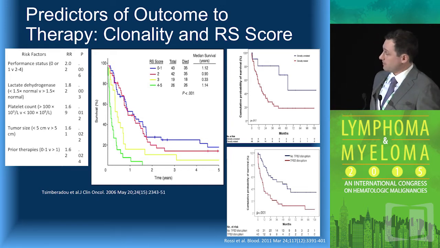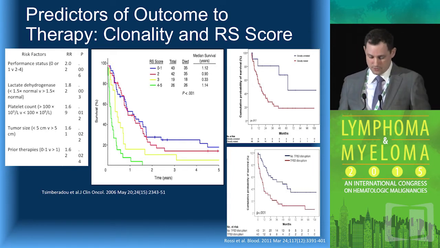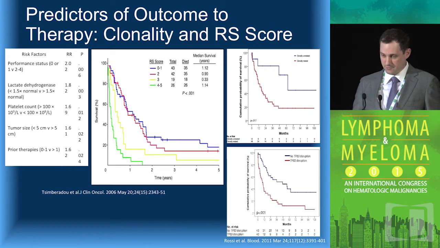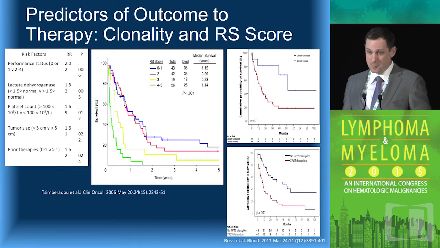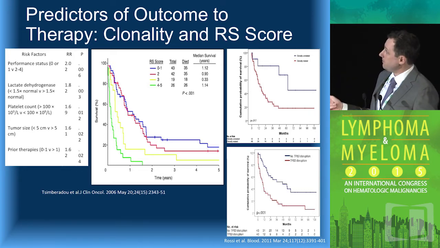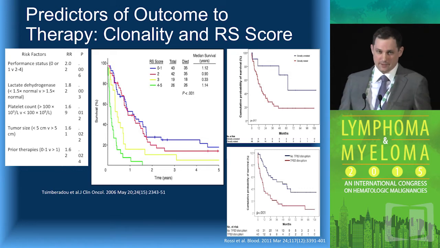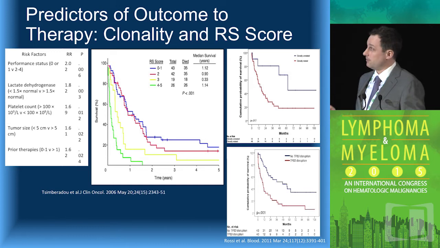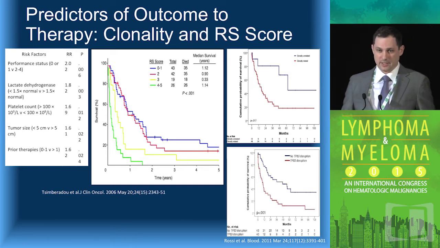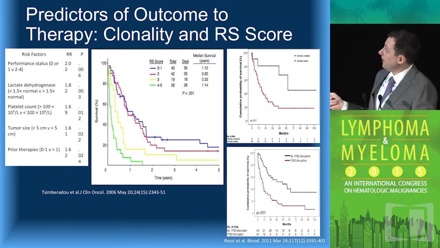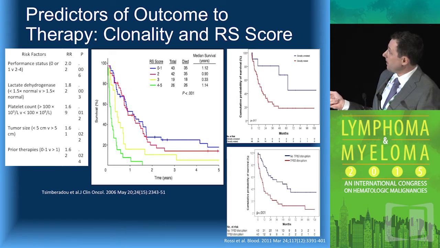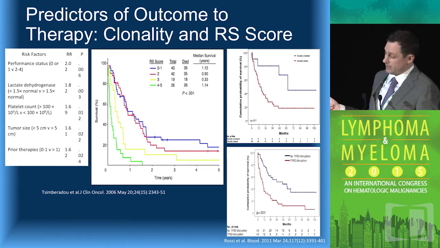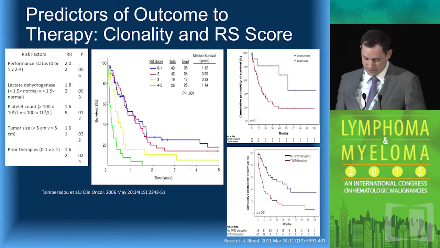MD Anderson in 2006 published the first understanding of how to assess our risk factor of when you get diagnosed with Richter syndrome. And in multivariate analysis, these 5 predictors came out, and they developed the Richter score with that. So when you see a patient at diagnosis, you can give them this score. It helps prognosticate the course that patient may have, and it can very finely break patients up and stratify into low, intermediate, and high-risk groups for poor outcomes.